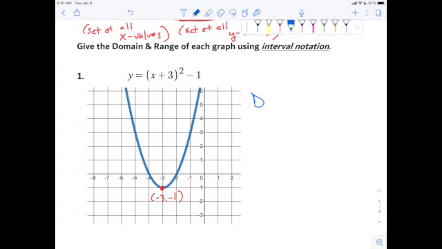Okay. So the domain, as you might recall from any parabola, any sort of quadratic function here, is all real numbers. And you can see this, that if you were looking at this graph and you kept zooming out, this graph is going to keep going to the left, to the left, and to the right, to the right. So every x value is going to be achieved by this graph. You just have to keep zooming out, and it's going to keep expanding to the right and to the left, slowly and slowly. So the domain of all real numbers